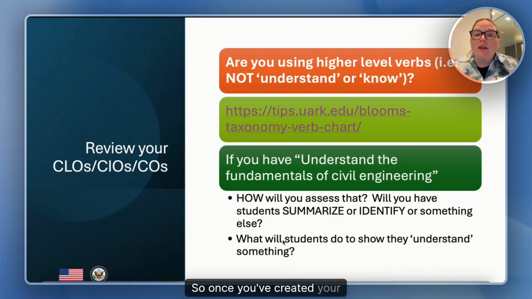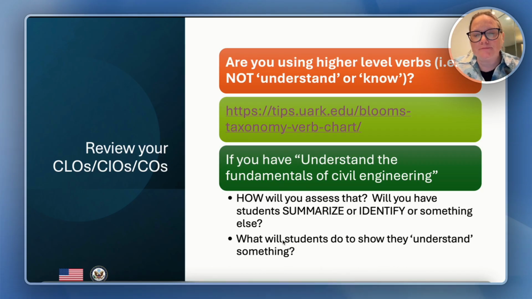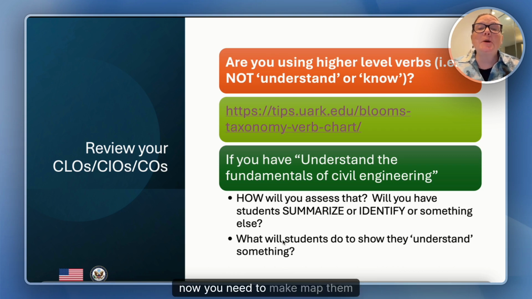So once you've created your 4 to 8 course objectives, or CILOs, now you need to map them